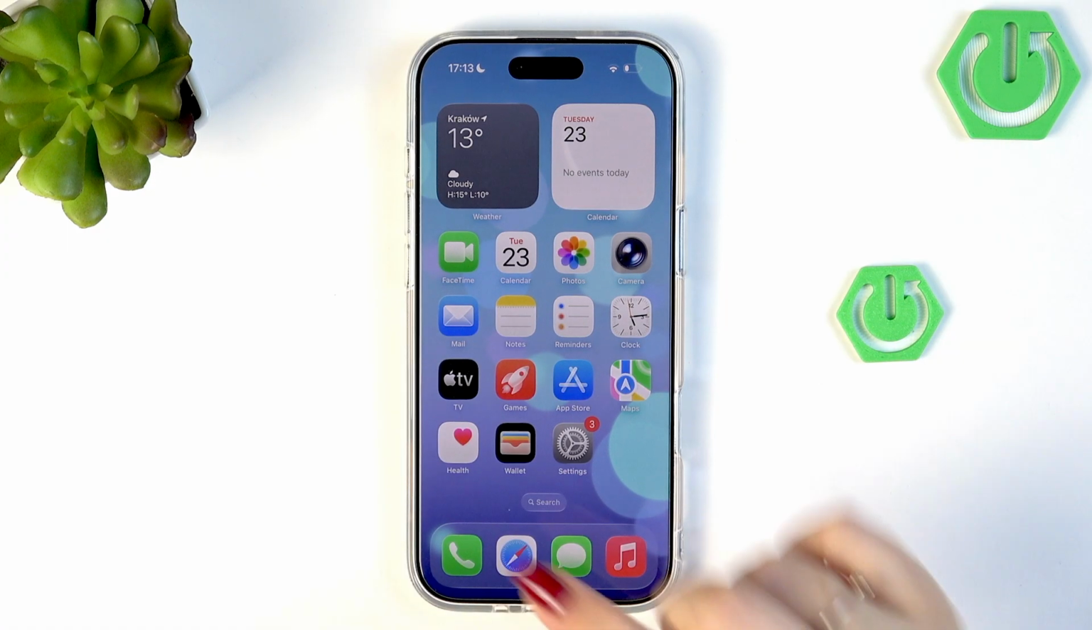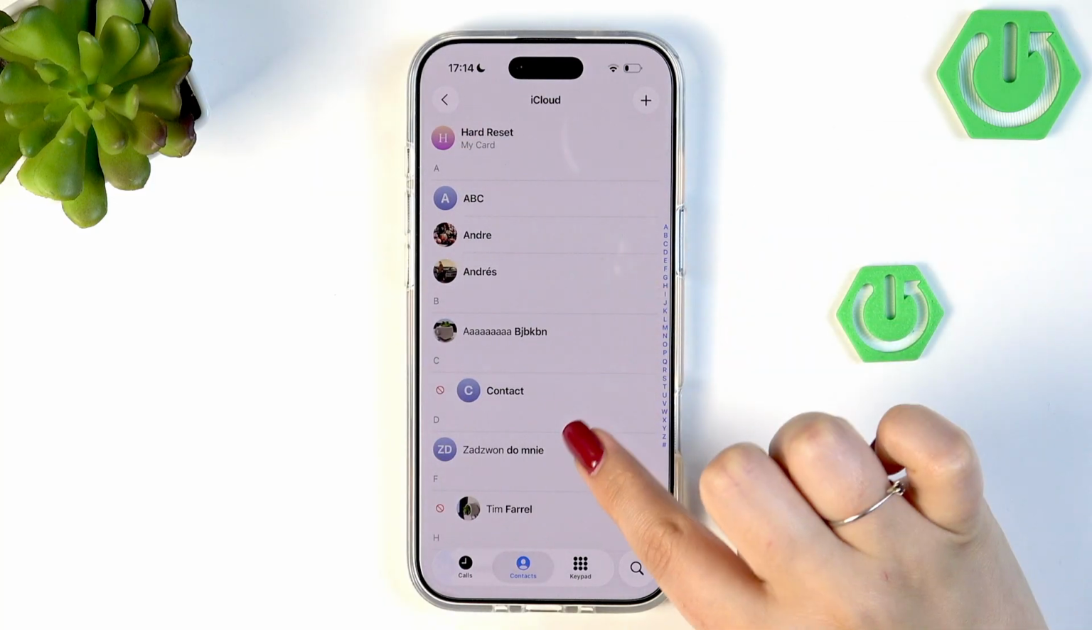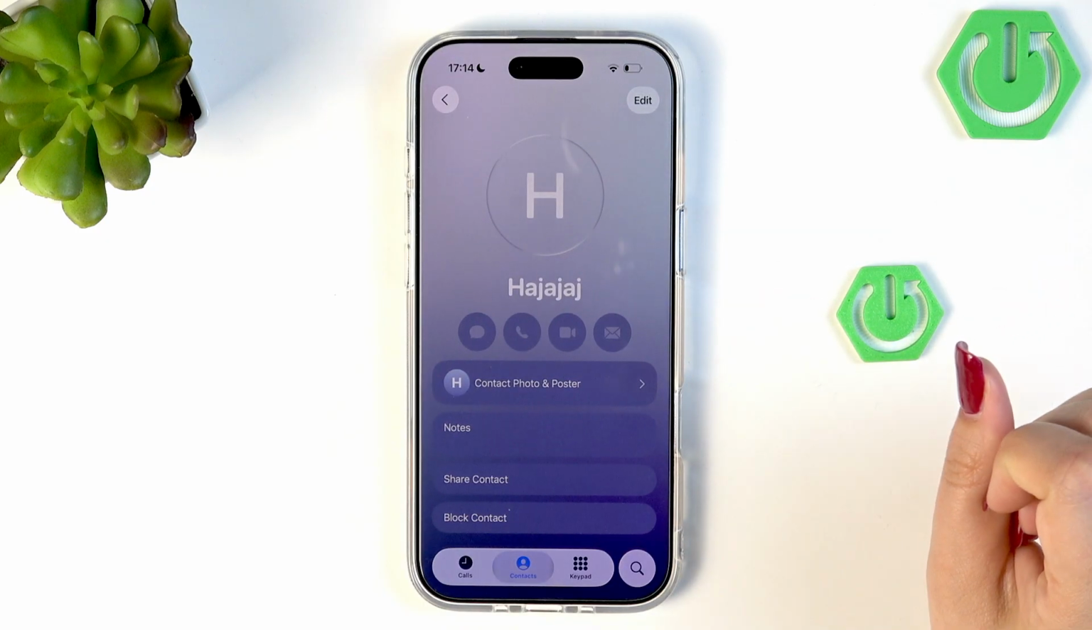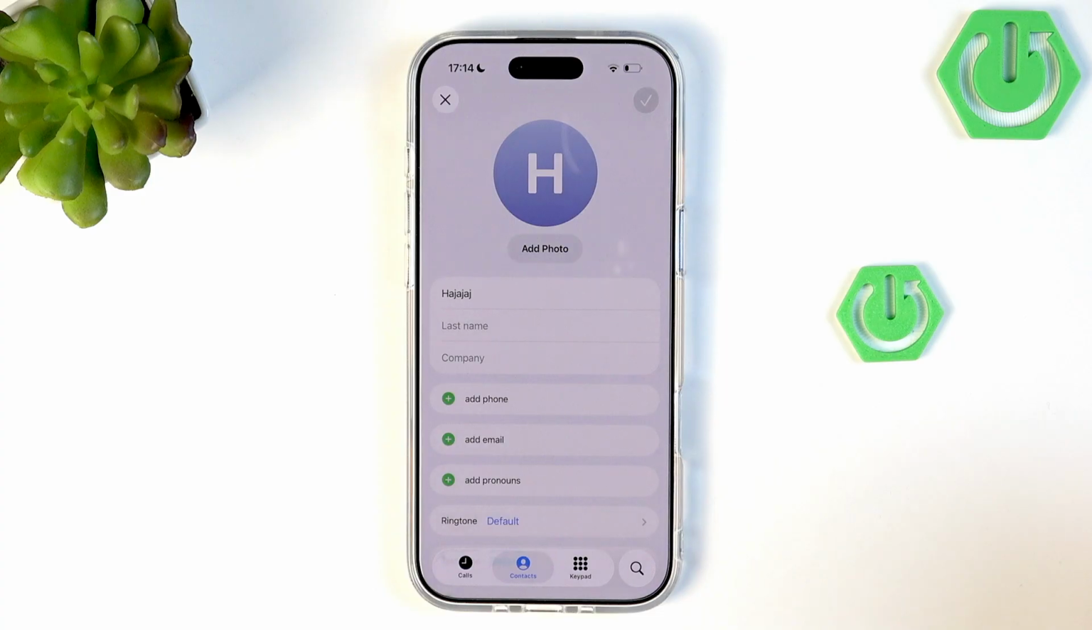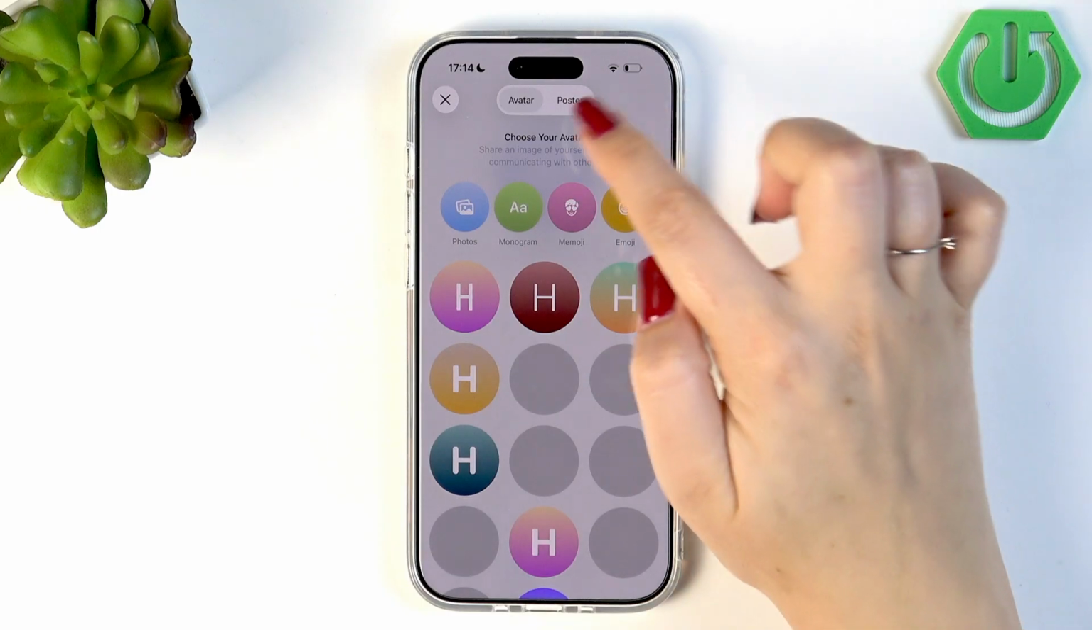So let's begin with opening your contact list, for example with the usage of the dialer. Let's find the contact which you'd like to edit and then tap on it. I'll pick this one and then tap on edit in the right upper corner. So now we have to simply tap on add photo, and as you can see we can choose between avatar